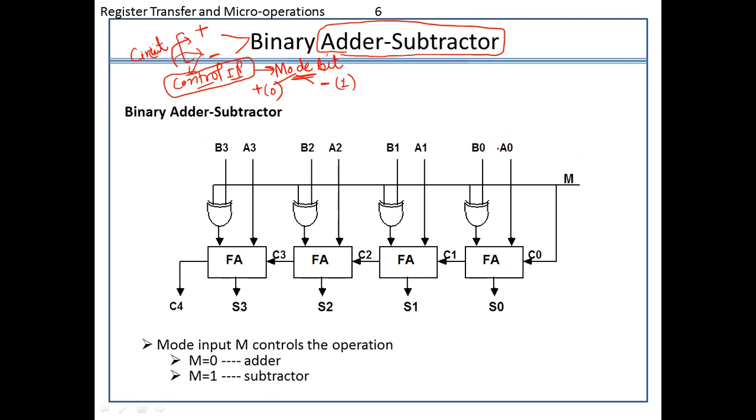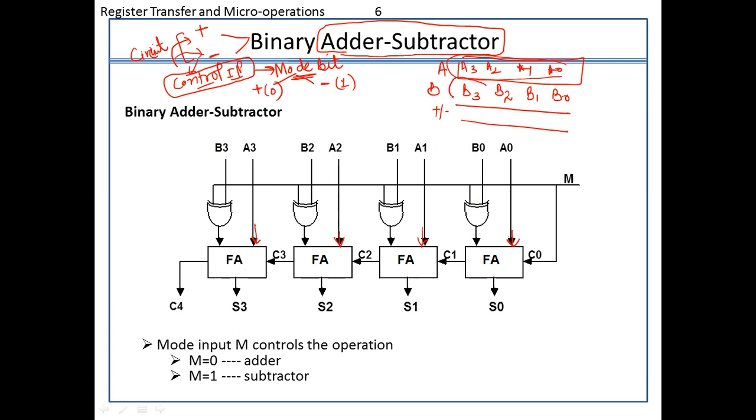So in this case, again, if I take the data in the A register, which is like A0, A1, A2, and A3. Similarly, for the B register, the bits are B3, B2, B1, and B0. So the idea is that whether I am performing addition or subtraction, this A0, A1, A2, and A3 will remain the same, right? So directly, this input of A0, A1, A2, and A3 is going into this full adder, because I need not manipulate this. This will remain the same.